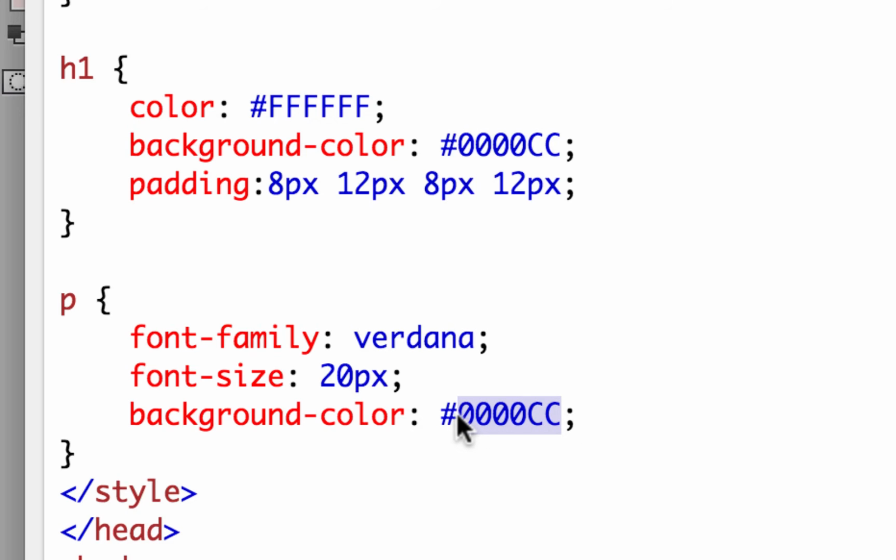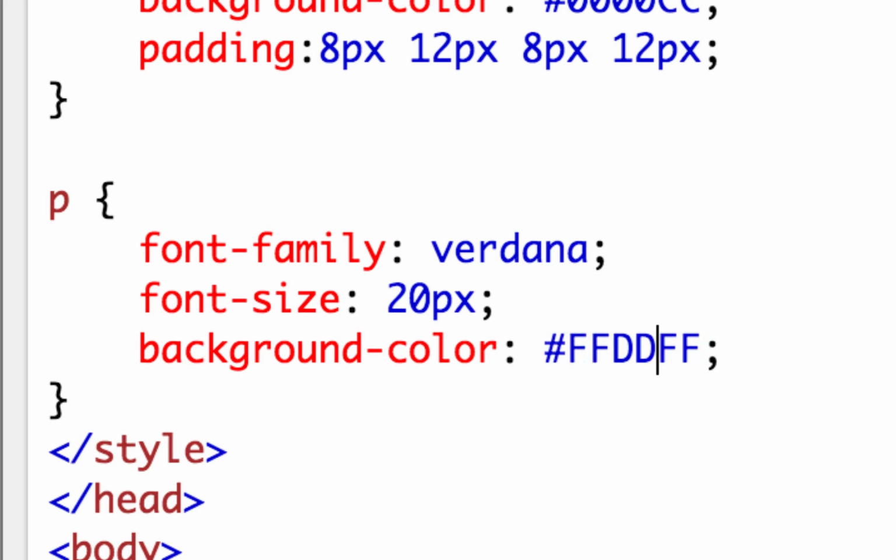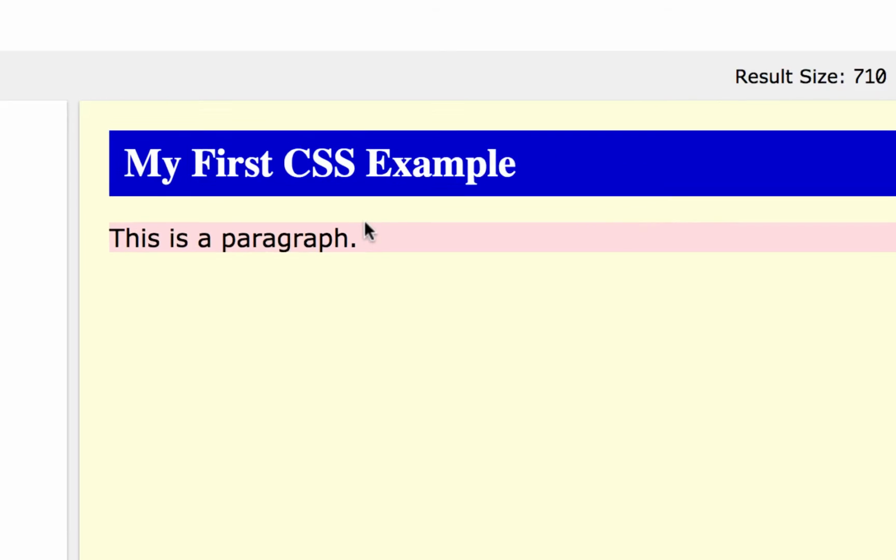So let's say it was a pale pink color, like from your video about hex colors. Remember, what I like to do, if you want a real pale color, start off with all Fs. That means white. Okay, so we have all R, G, and B at white. So if you wanted pink, you could go down on the other two, leave the red up and go down on the other two. So let's say you went down on the G, maybe you took that down to like D, and maybe you took the F down to like D, and you run it, and there we have a kind of a pink